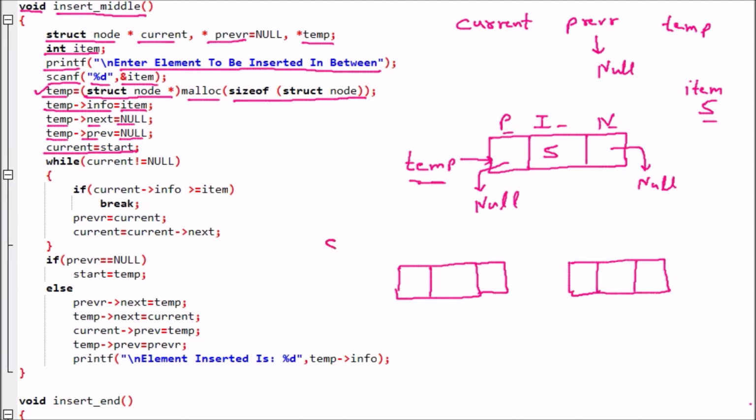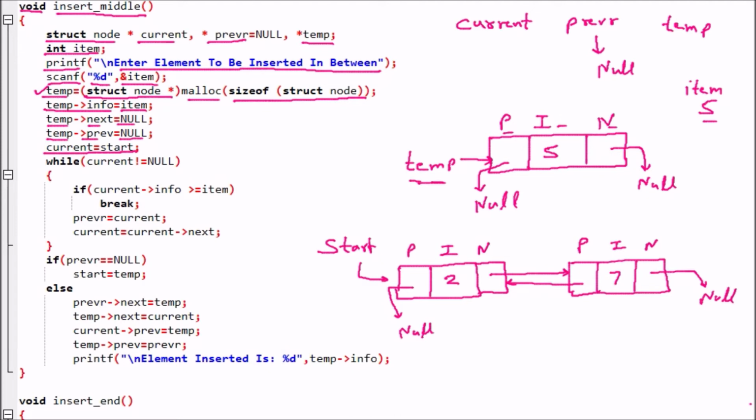Here the start is pointing to the first node, and we have previous, info, next. Next is pointing to the next address, which is null. Similarly, previous is pointing to null. Here we are taking the nodes 2 and 7.